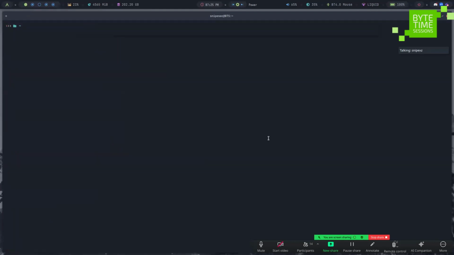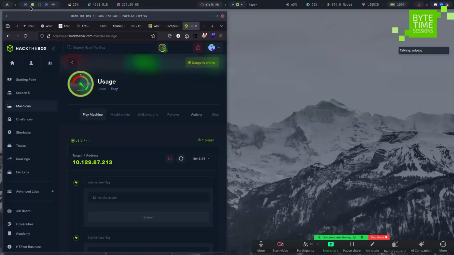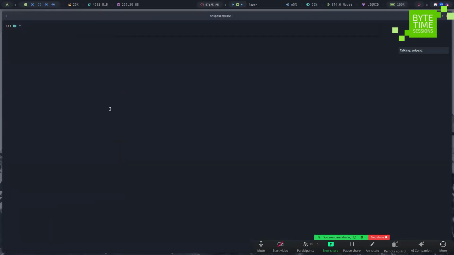Okay. So what I'll do is start with the box. I'm already running the container for the box, so I'll just connect to that container. I'm going to do docker exec -it, then the name of the container, that's BT session, then /bin/zsh. Now I'm in here. Now if I do ip a,